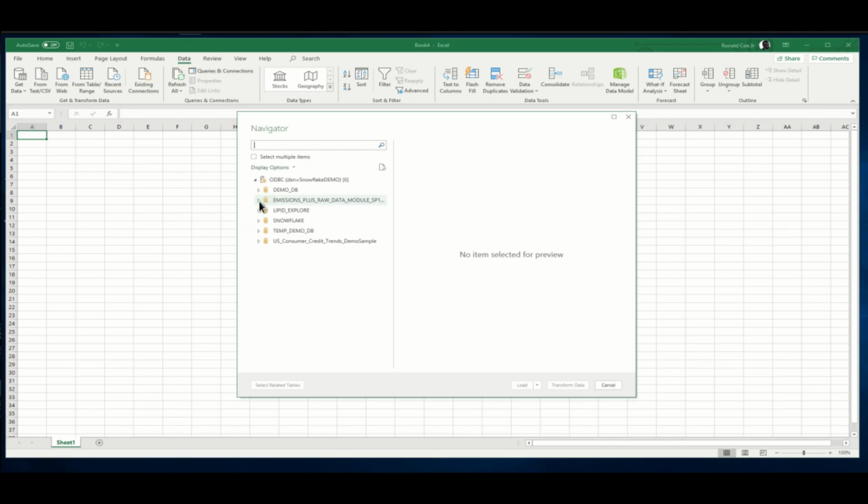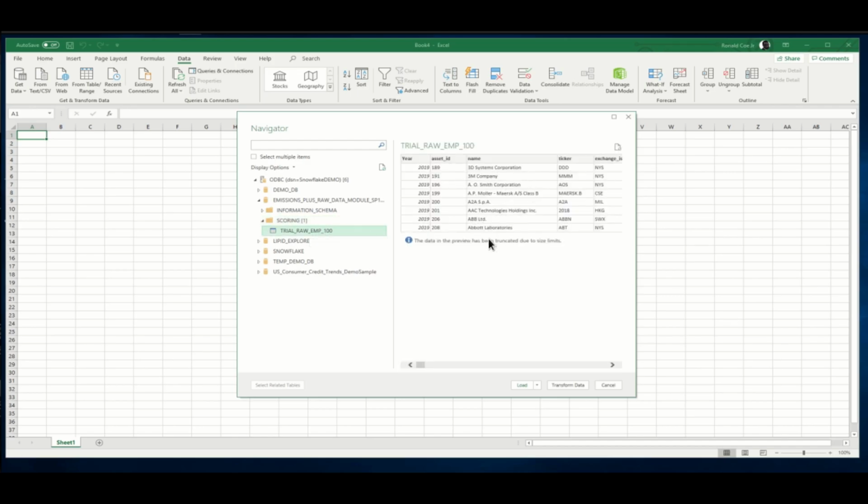In this list, we see the emissions data set that we got from the Snowflake Marketplace. Navigate to the scoring schema. Click on the trial raw table. Gives me a nice preview of the data to be loaded. I can go ahead and load it directly, specify a destination to which to load it, or for the purposes